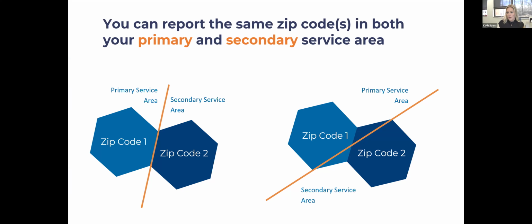But again, you want to make sure you're accounting for your primary zip code. And if you're a rural provider or super rural provider, you want to make sure those codes are correctly reflecting the service area you're covering, because there are higher costs in those areas to provide service.